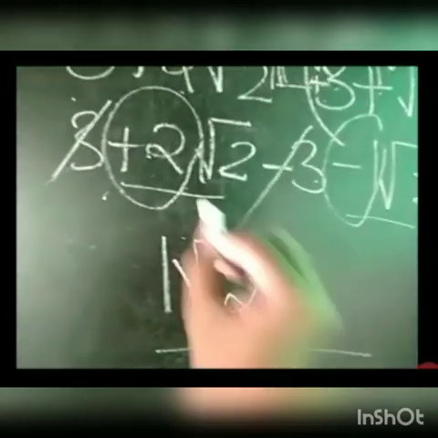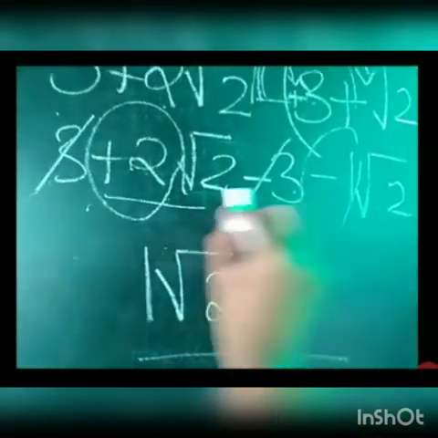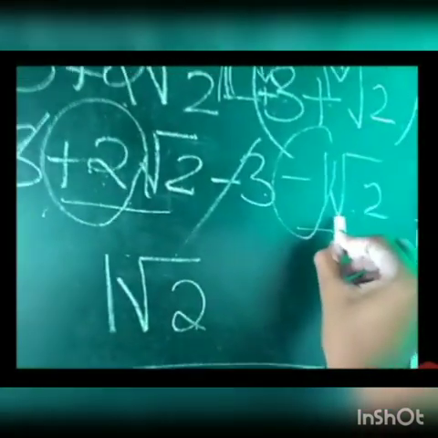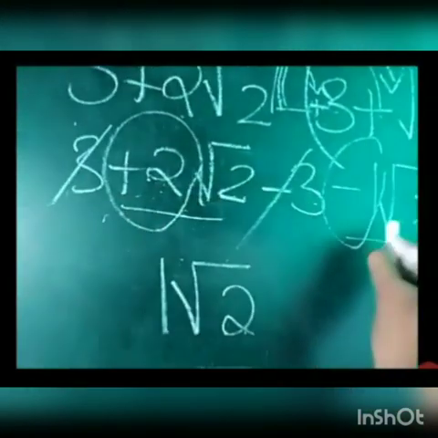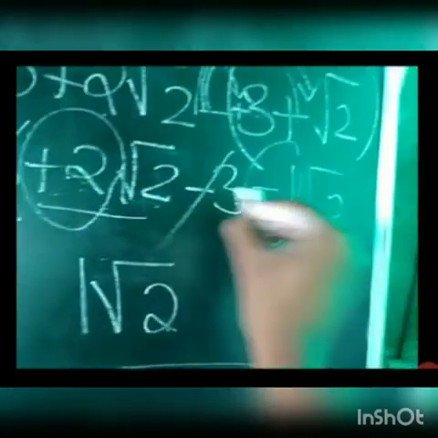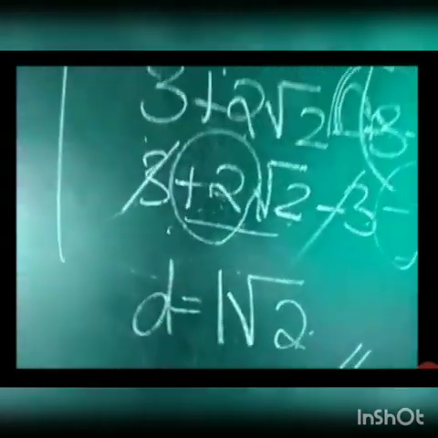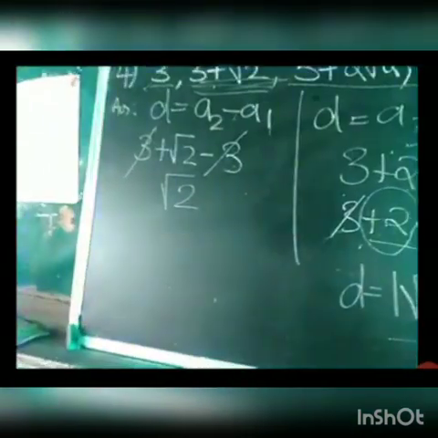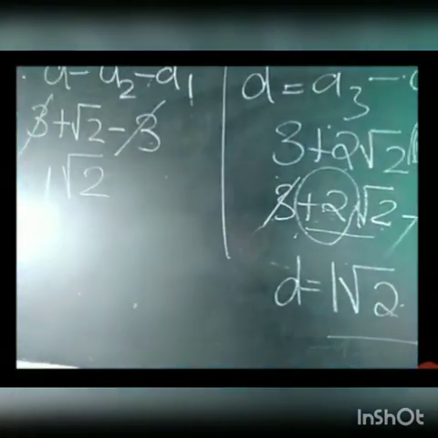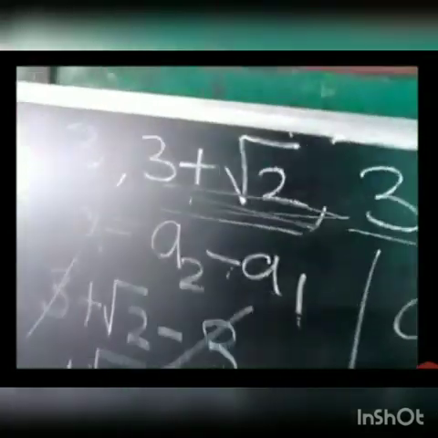I hope you understood. Just multiply the coefficients. That's it. Here it is 2. Here it is nothing, which means you have to assume 1. 2 minus 1, you are aware, is 1, and write the root 2 as it is. So common difference is root 2. If you write this you can understand in a better way. Since we got the common difference same, we can say this particular sequence forms an AP.